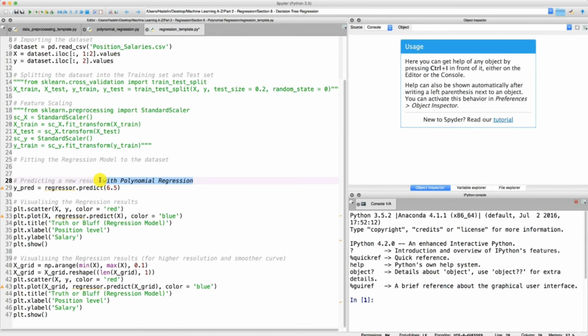All right, so we're actually done with the model here. We can remove this to be even more generalized. And here we'll just specify that that's where we create our regressor. Great, so now our template is ready, and so we are ready to use it for the next nonlinear regression models that we're going to build in the next sections. So I look forward to creating these new machine learning models with you, and until then,